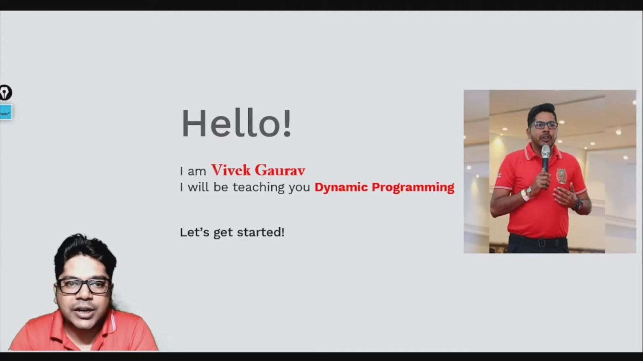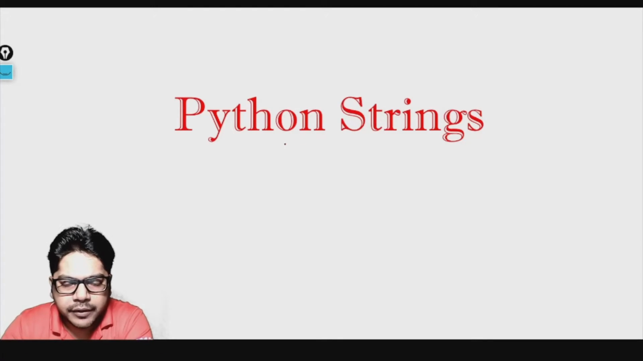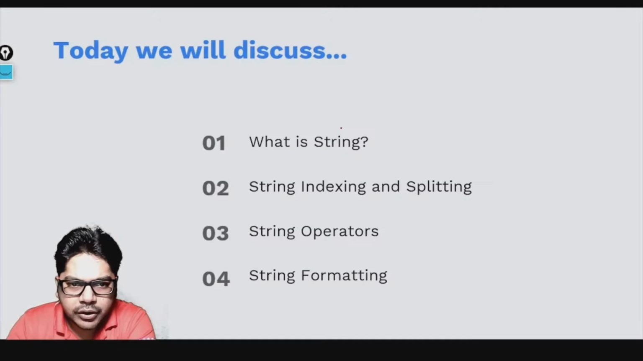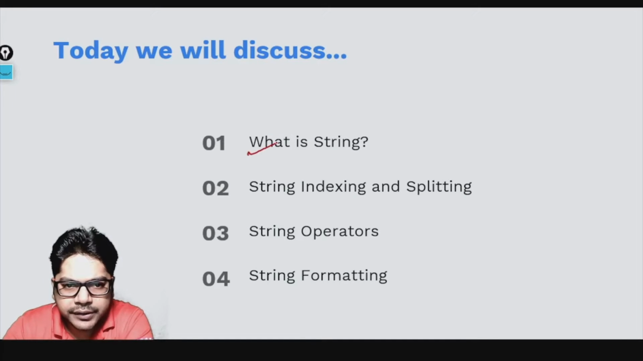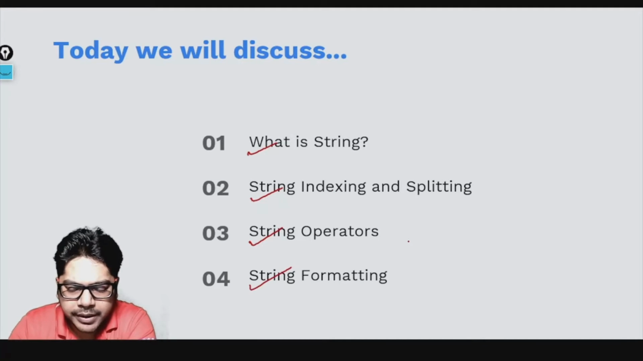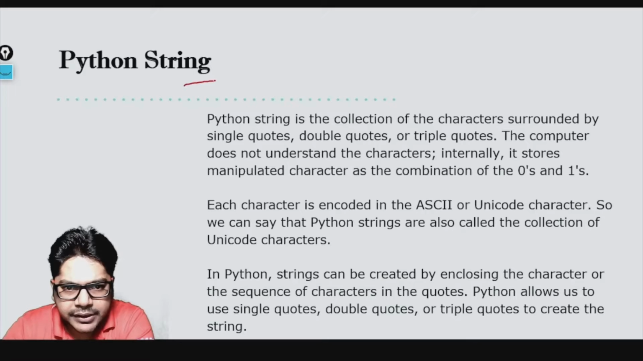Now, let's get started. Today we are going to talk about Python strings, and the topics we are going to cover today are: what is a string, how string indexing and splitting works, what the string operators are, and we'll be looking at string formatting. So let's start. A Python string is a collection of characters surrounded by single quote, double quote or triple